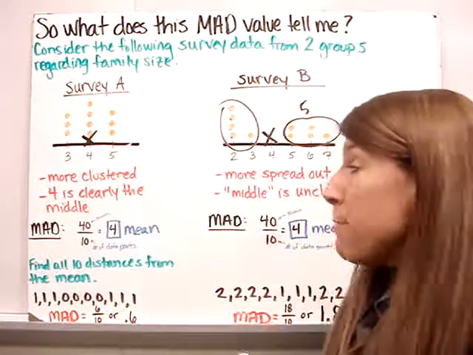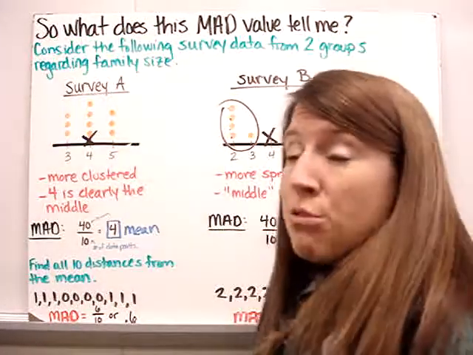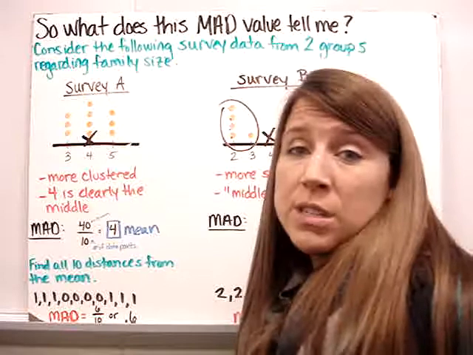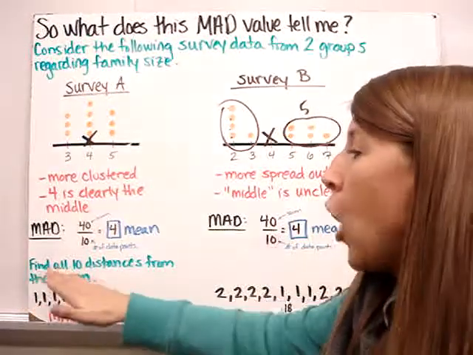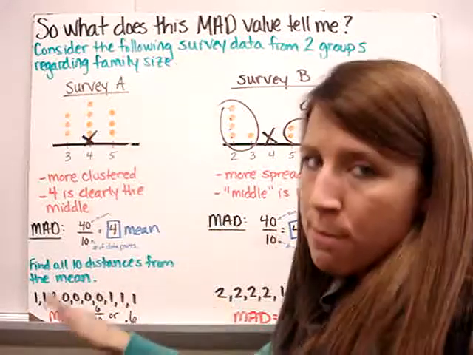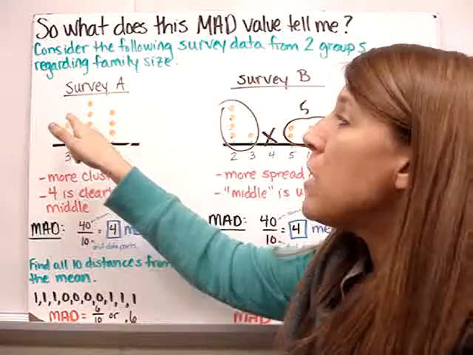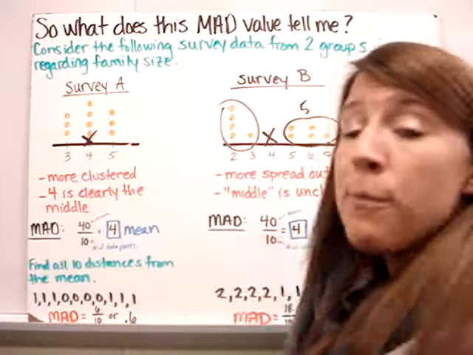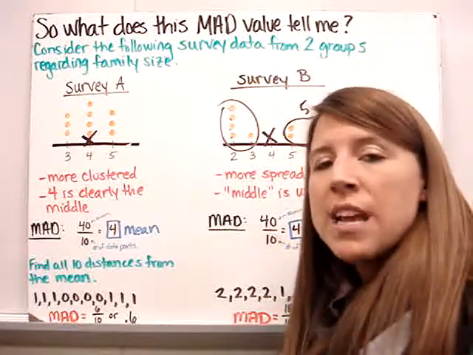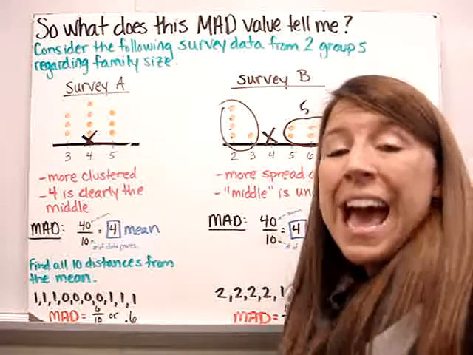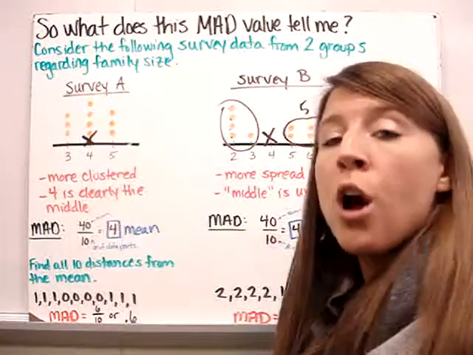Now, we have simply only found the mean. The mean is not the mean absolute deviation. The mean is just what you have to find first. Now we're going to find all 10 distances from the mean. So I'm going to look at every single data point, and I'm going to write down the positive distance that each of those data values is from the mean,